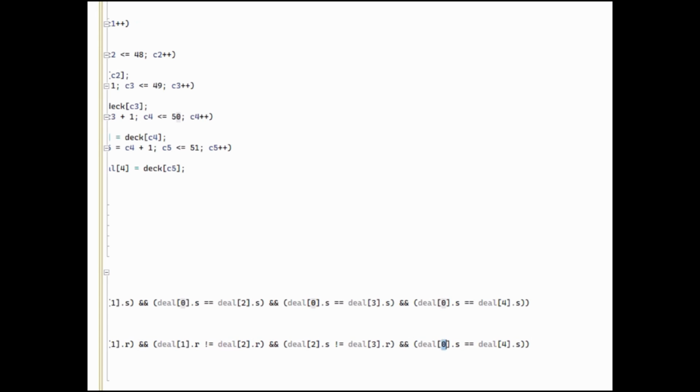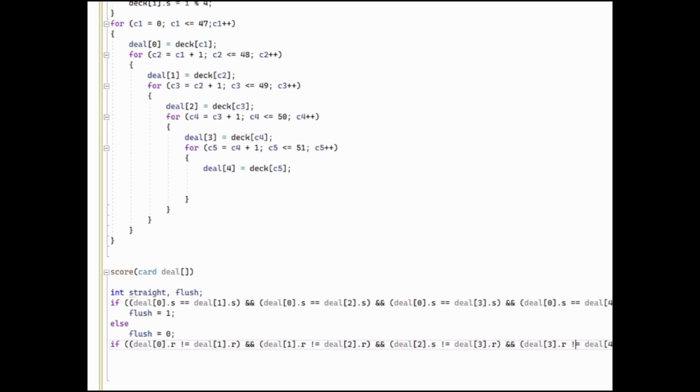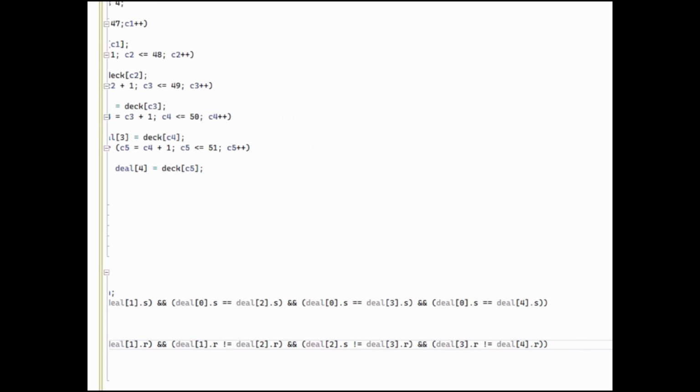And the rank of card 3 is different from the rank of card 4. Okay, that looks good. So if that condition is met,